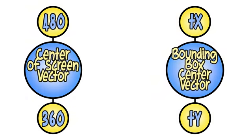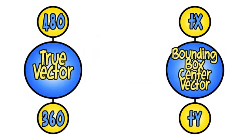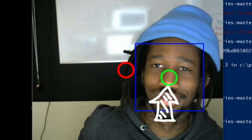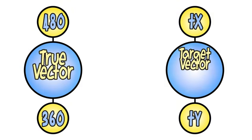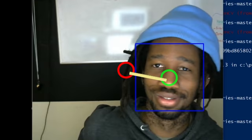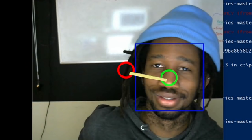Now, let's make our lives a lot easier and rename these vectors to reflect their purpose. We will now call the center of screen vector true vector, because it's the center of the screen and that is the true location of the drone as far as we know. And the bounding box vector will be called target vector, because the bounding box is the target vector that we want the true vector to meet. Okay, all pretty simple, right? Next, we need to calculate a new vector that we'll call distance vector, which will simply be the distance from target to true, which simply we just subtract target vector from our true vector, and that gives us, well, the